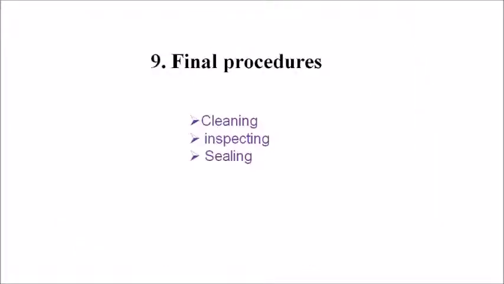Now the last and final step is final procedures, which includes cleaning, inspecting and sealing. After you finish all those things, you have to clean, inspect and later on seal it. So the final preparation is done. So these are the two main parts of the cavity preparation: the initial step including 4 steps, and the final preparation which includes 5 steps. Okay, so these are the 9 total steps of fundamentals of cavity preparation, the guideline accordingly what we have to study. Now all these points have been mentioned, please study carefully.